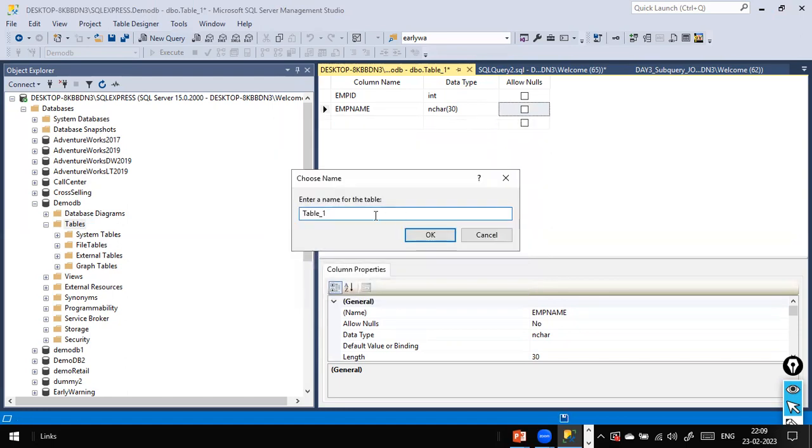Next, I just click on the cross, and it will ask if you want to close this. When you click the cross, it will ask you the table name. It is a little bit different from other SQL clients. This is very specific to SQL Server. Only when you close this, it will ask you the table name. Usually, it will ask us to enter the table name first. But you remember